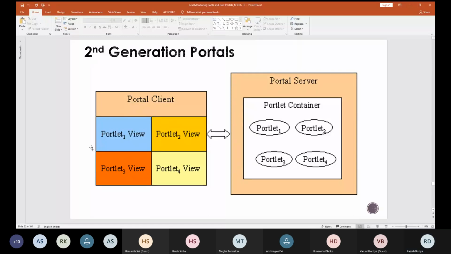So over here, different things can be represented or kept in different views. Okay, and all these views are basically handled by a separate portlet in the portal server. And this portal server has a portlet container which is handling all these individual portlets. So this is the basic overview of second generation portals. Fine.